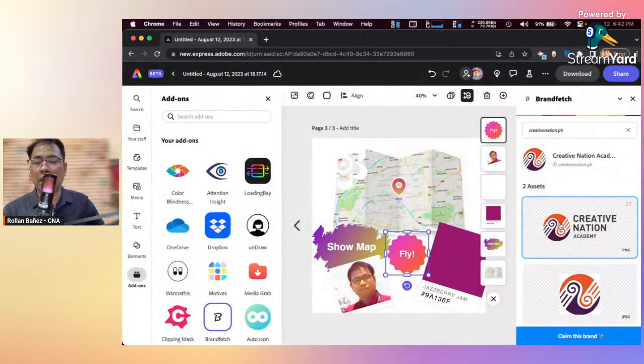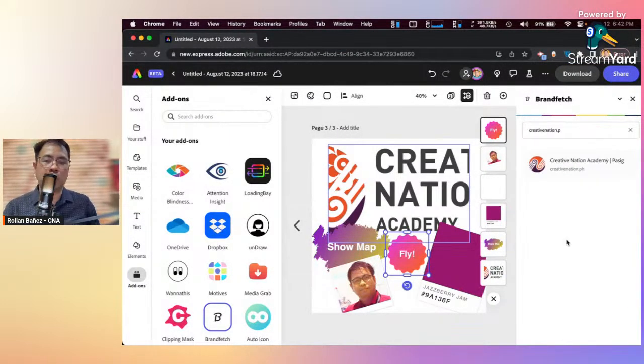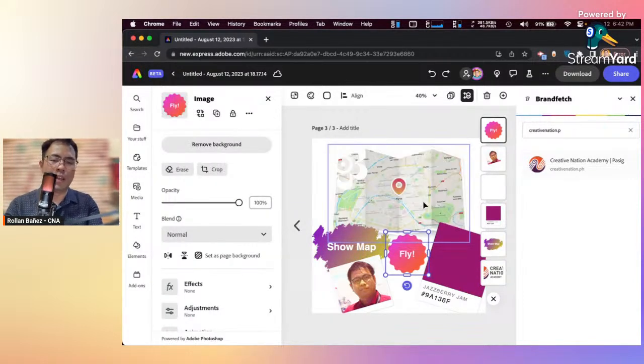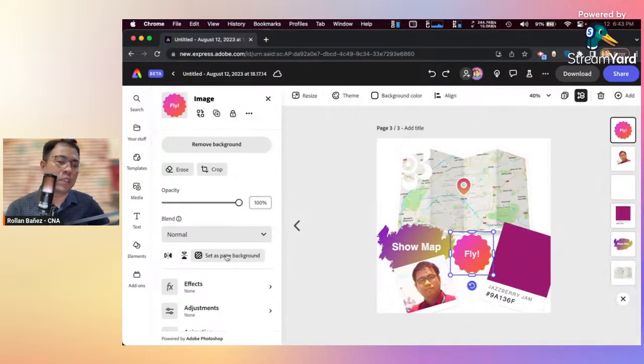In my case, you can easily do so. So you get the idea. You can easily add brands, but be careful when you're using logos of other brands because if it's not authorized. Okay, that is BrandPitch, one of the great add-ons here.